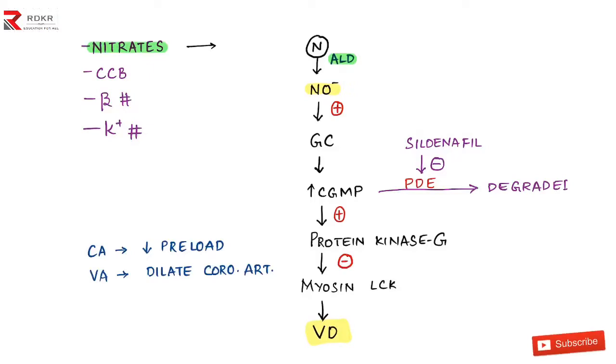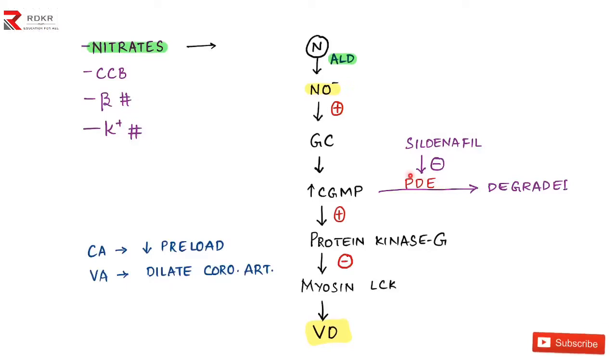And for example, just imagine a situation. If the vessels are dilated for a long period of time, what happens? There is a risk of hypotension. So our body has an enzyme named phosphodiesterase enzyme, which degrades or breaks down the cyclic GMP after a short duration. So due to the presence of this enzyme, the vasodilation is not prolonged. Only up to the desired time the vasodilation can occur.